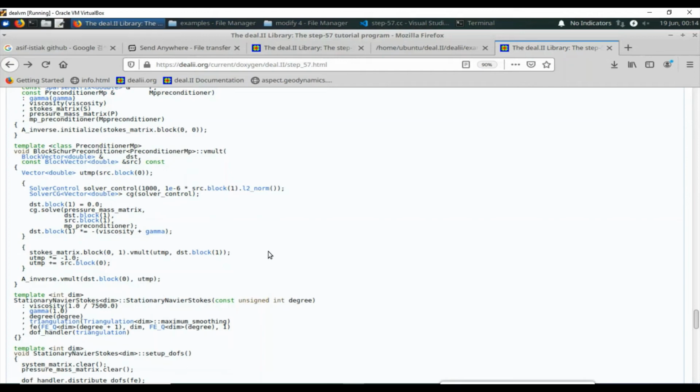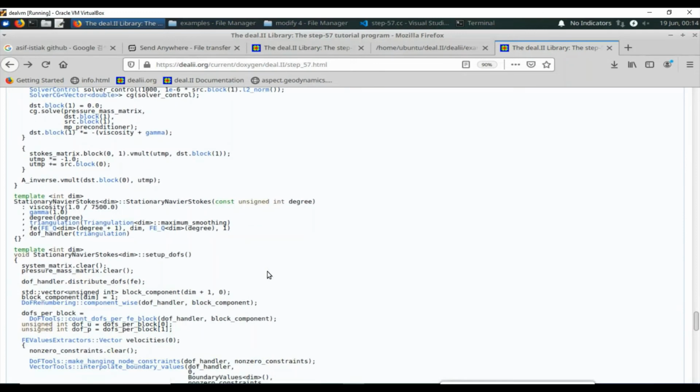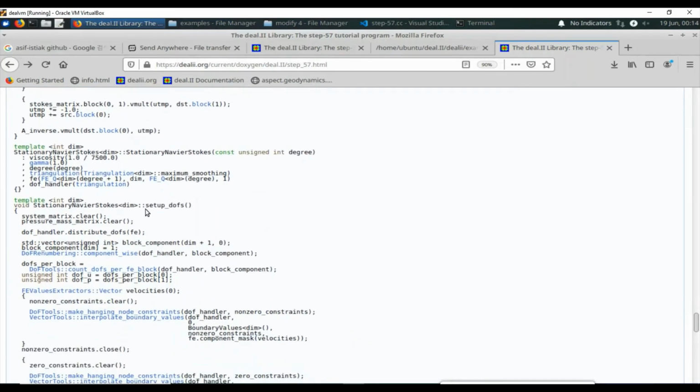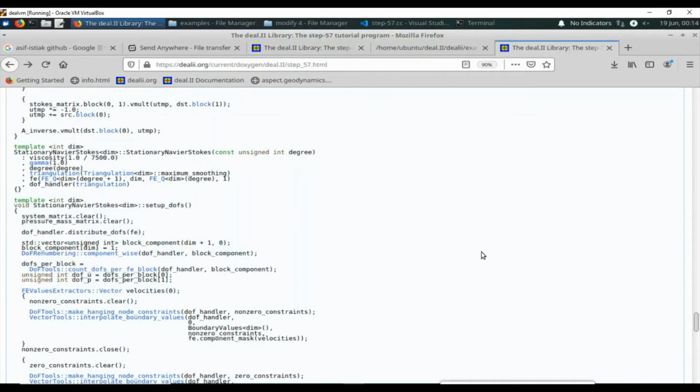So how about the stationary class implementation? Yeah, here. So here, like the step 22, the Lagrangian coefficient gamma is declared here, and also we can get the degree of freedoms, and how we can detect the degree of freedoms with the DOF handler. Actually, it enumerates the degree of freedoms and constrains the current mesh. Okay,